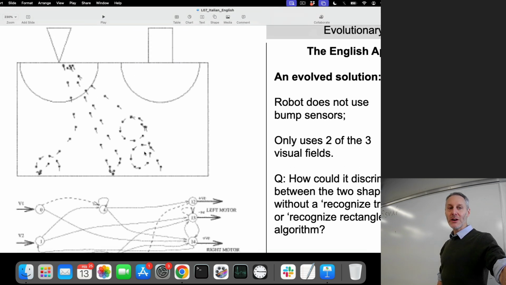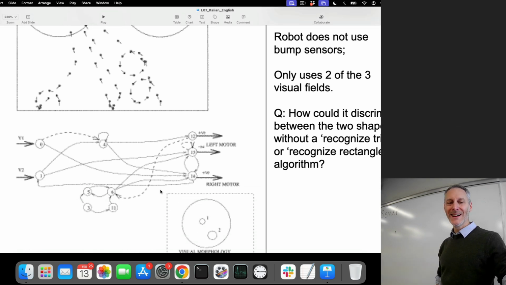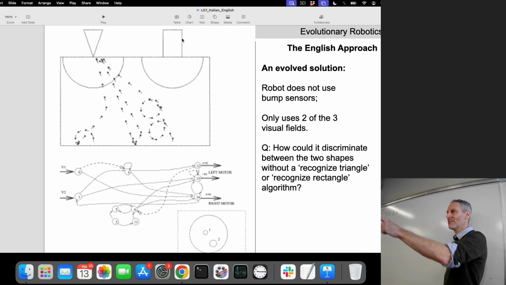It seems to know what a triangle is. It always goes towards it, regardless of whether it's on the left or the right. How is this robot recognizing a triangle and possibly distinguishing it from a rectangle? I'm not 100% sure how to put it, but I think it could be using some of the recurrent connections